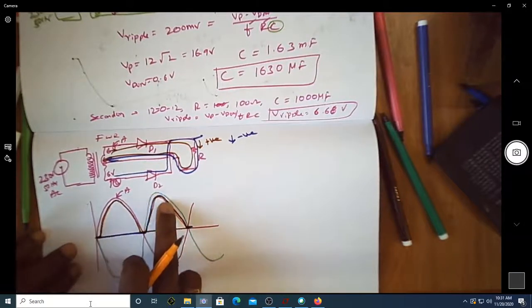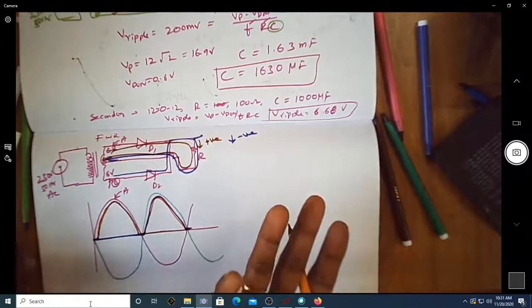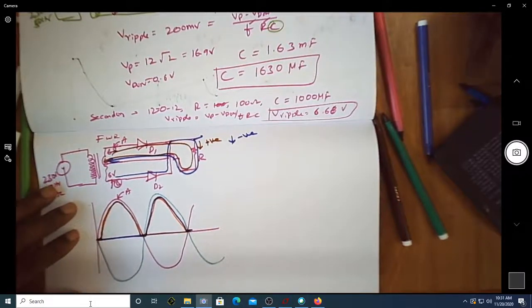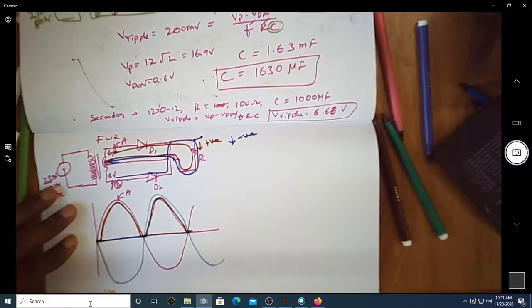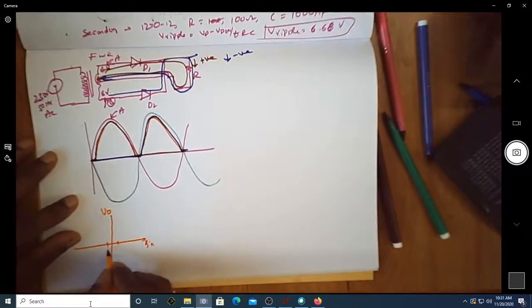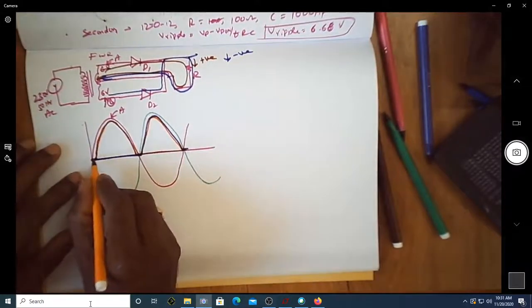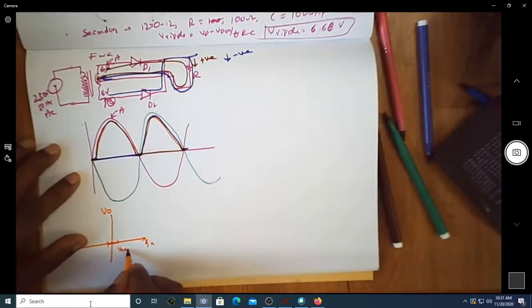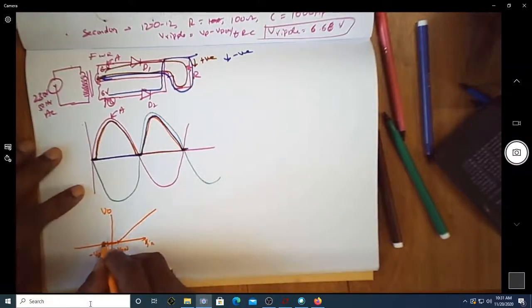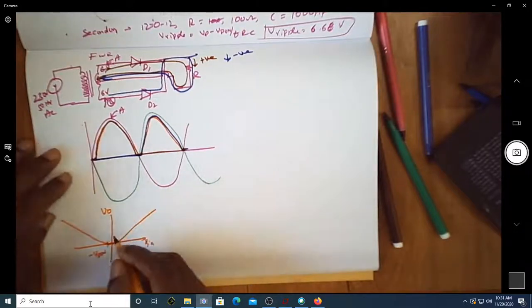which is always on the positive side. So if you want to write the transfer characteristics of that, if this is V0 and this is V in, till V gamma it's off here. So this is VD on this side, and it is minus VD on the other side. Till that point it is 0, then it just goes like this. So this is how we're going to get it.